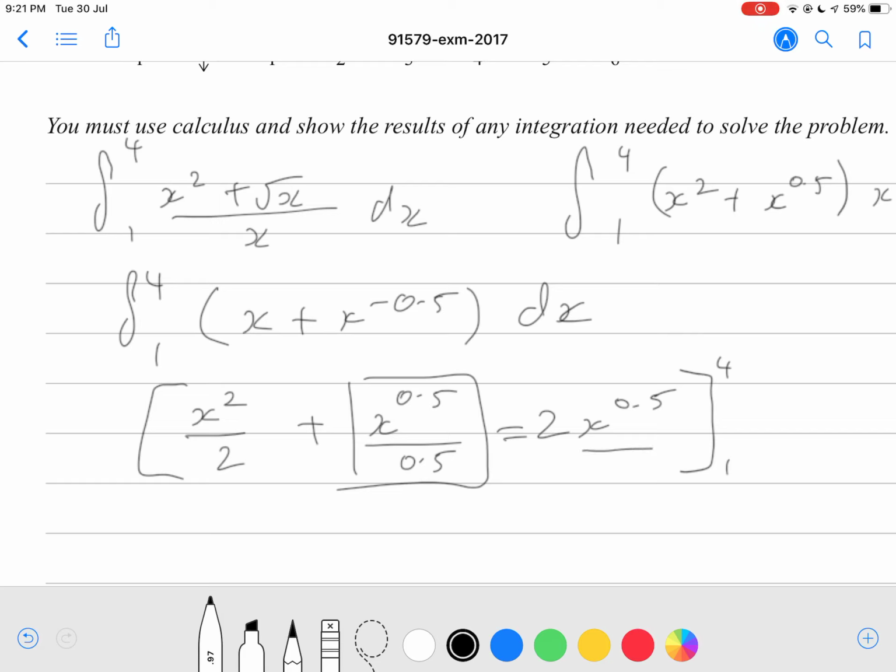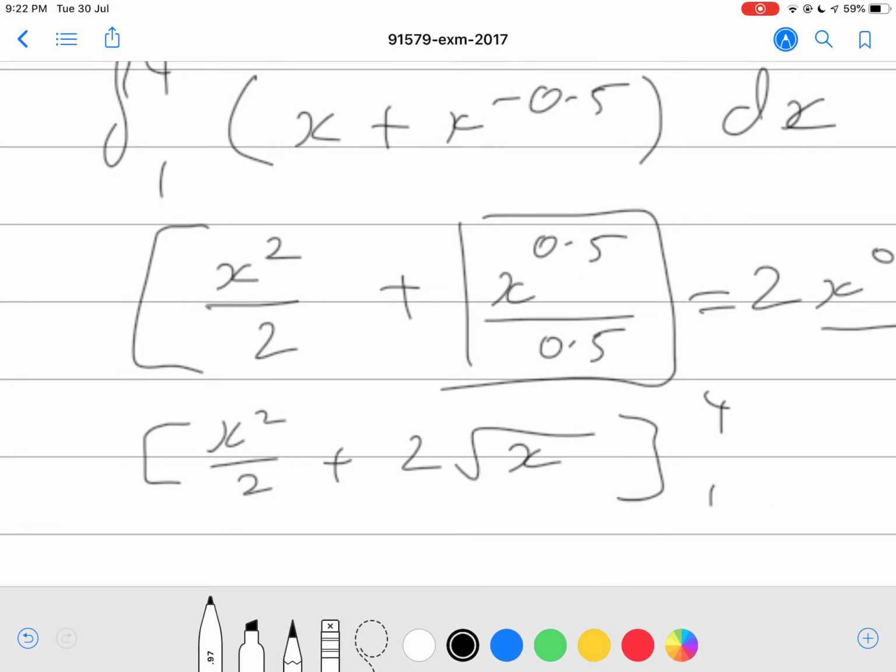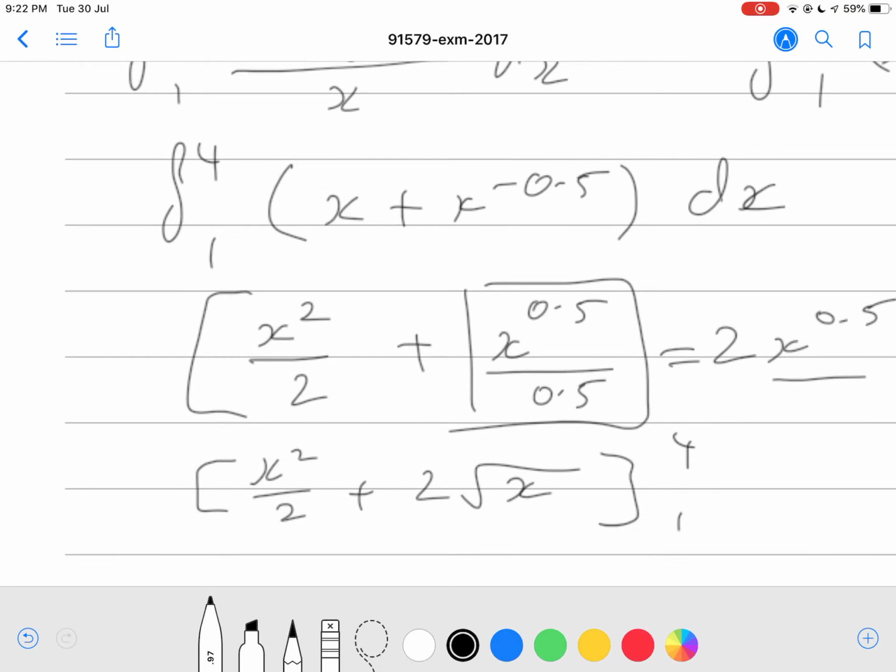So I'm just going to make this a bit neater, so I'm just going to say it's actually x squared divided by 2 plus 2 times of square root of x, okay? That makes it a bit prettier, if I should say. Alright, so now we can find what our answer is. Okay, so first we substitute 4 in, so 4 squared is 16, 16 divided by 2 is 8,